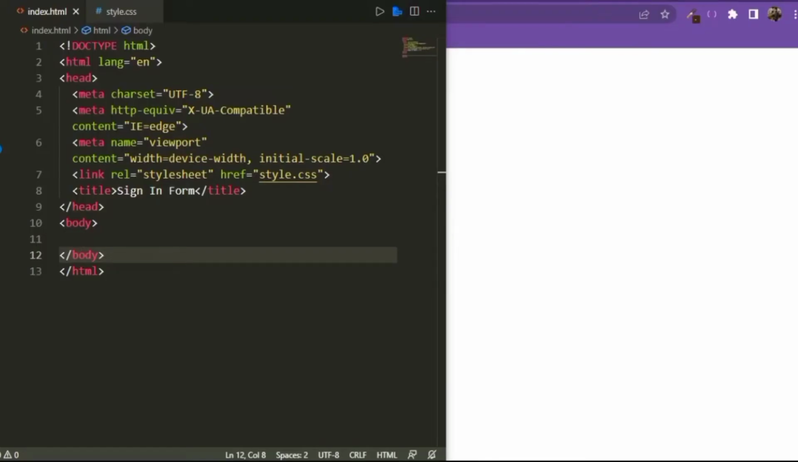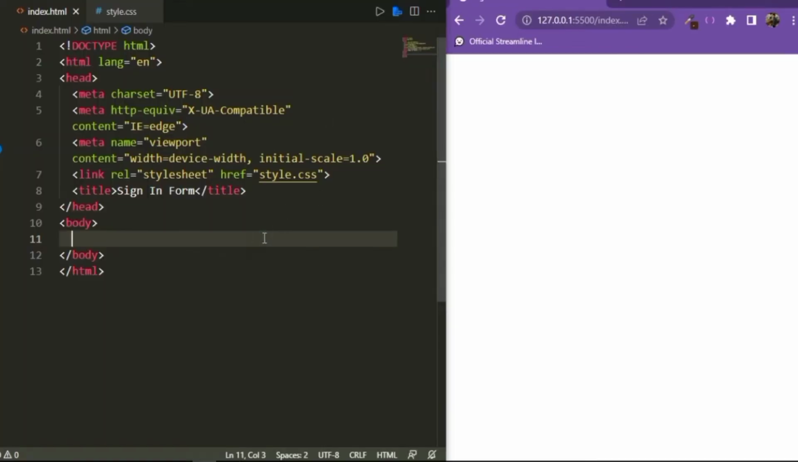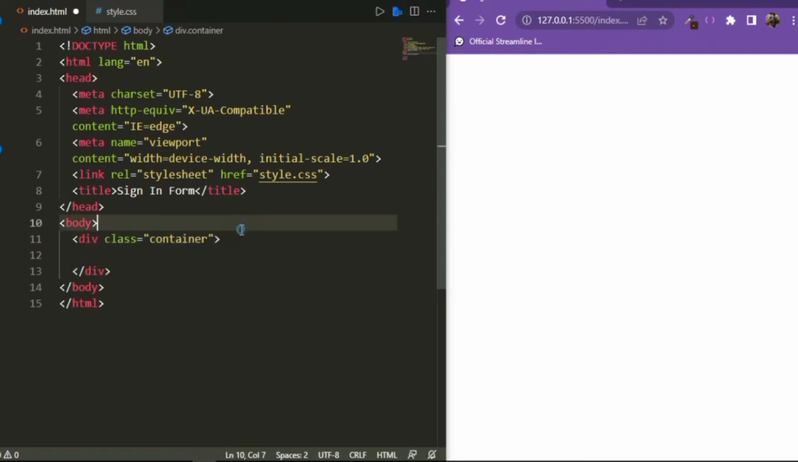So here in the index.html file inside the body, the first thing that we're going to do is create a div with the class of container to hold everything inside, so both of the sections. So I'm going to create the div with a class container, and then within which I'm going to create first